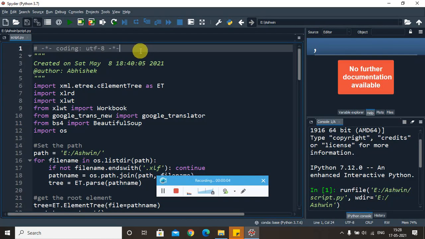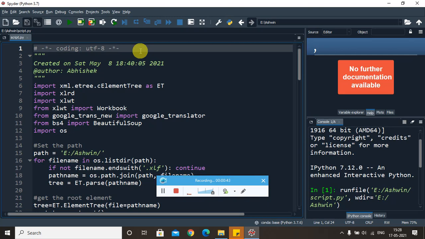In this session we are going to see how to translate XLIF files. XLIF stands for XML Localization Interchange File Format, which is mainly used to exchange the localization data between the participants in a translation project. This document is a very special format which enables translators to concentrate on the text to be translated without worrying much about the text layout, right? These XLIF files can be easily read by Excel or Visual Studio Editor.